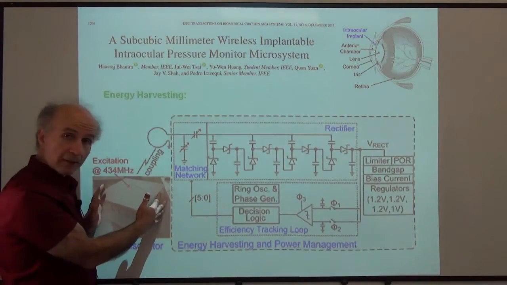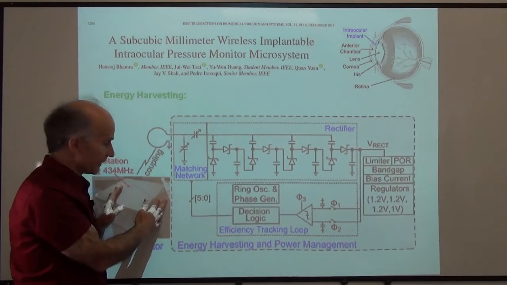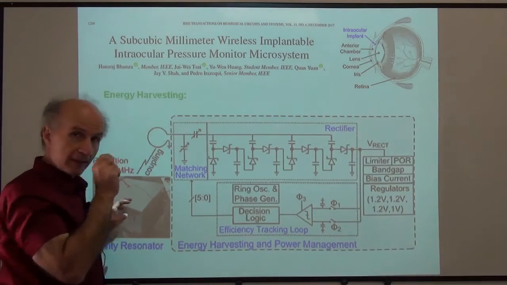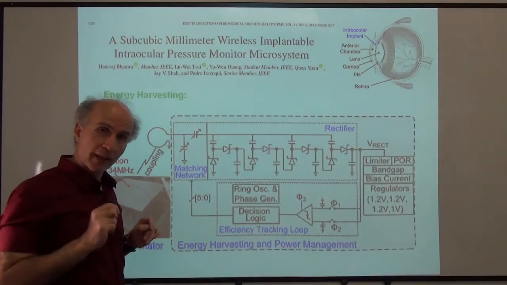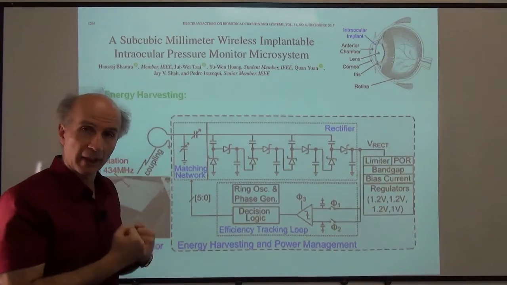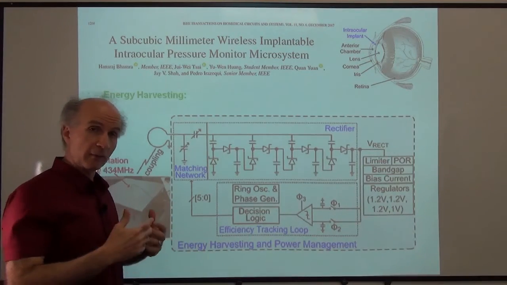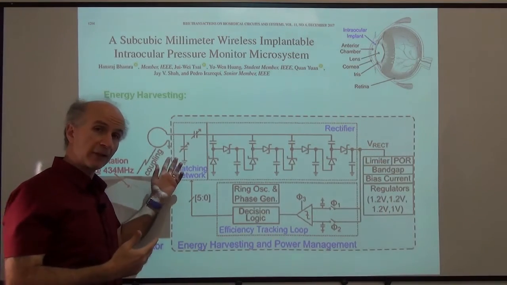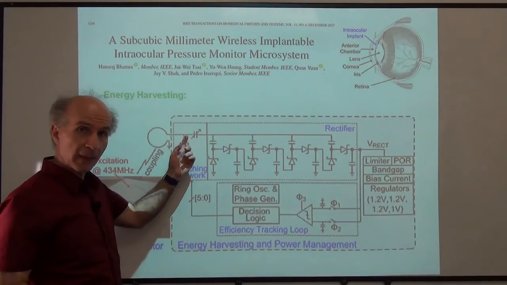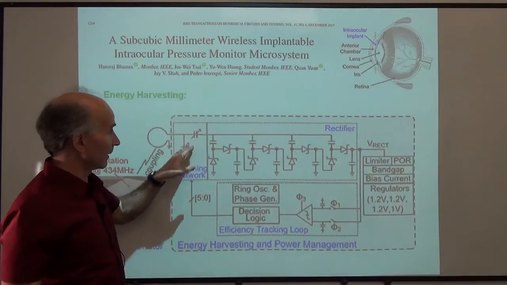We have a box outside that generates powerful radio waves. These radio waves propagate this way. Then inside the eye, we have a very, very small antenna. This is the symbol for that antenna that picks up the radio waves from outside. These radio waves have some energy, and they are converted by the antenna to a voltage. That voltage appears here. And now that voltage is applied to the circuit, which consists of a bunch of capacitors